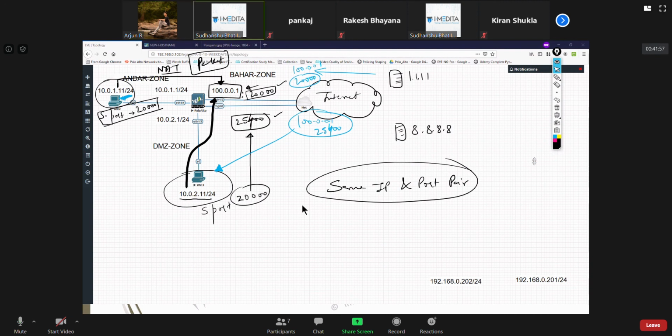Actually, a lot of small-time ISPs do this. Imagine I'm a small ISP with 500 customers, and maybe I don't have 500 public IPs.